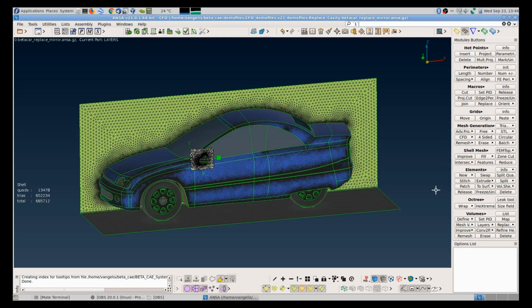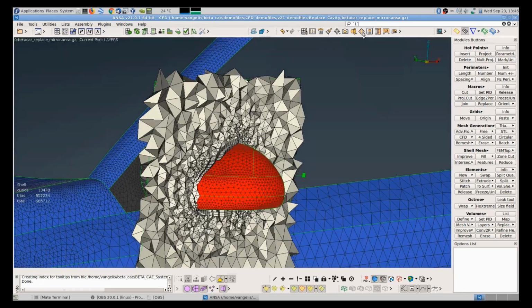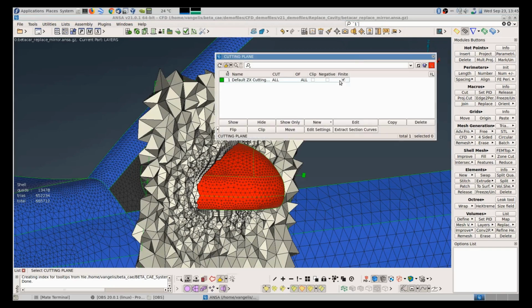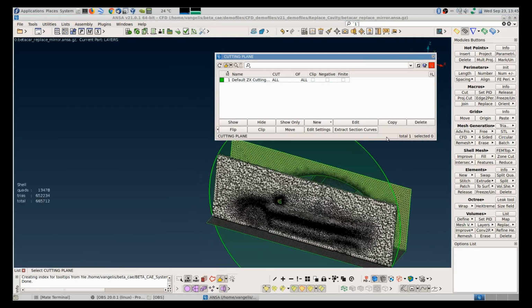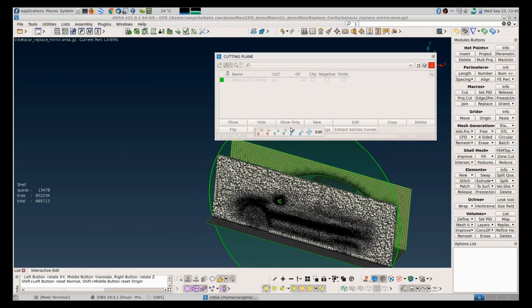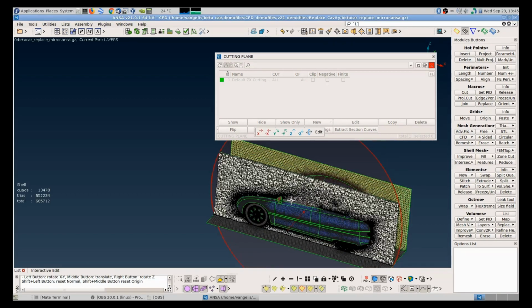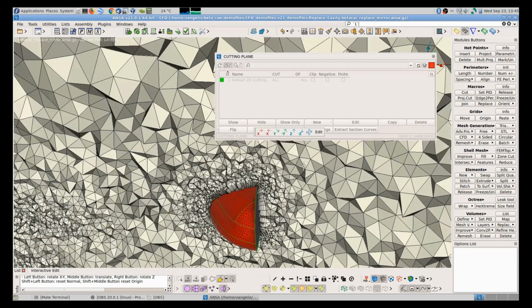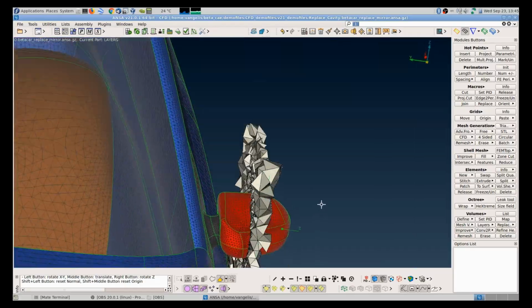Okay. So this model is actually a complete volume mesh here. You can see a cut plane which is finite. I will switch this to not finite so that you can see that this is a full volume mesh. Right, I can move this in Y direction and see how the volume mesh is everywhere. Right, so I will switch to finite again so that we can focus on the area of interest.